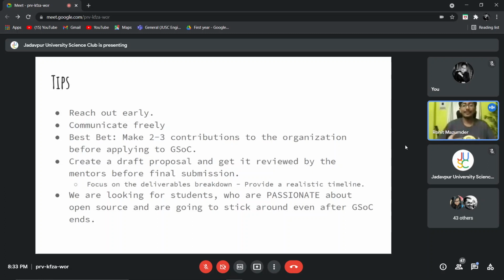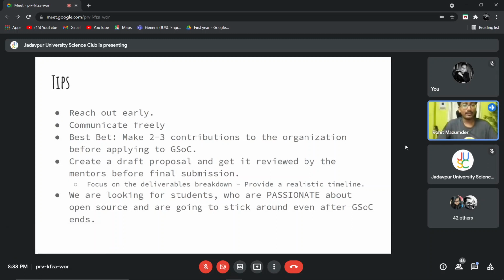If you have difficulties communicating with new people, then I would suggest that before applying to Google Summer of Code, you work on your communication skills. When you reach out early to us, we are going to be checking: is this student communicating with us properly? Is this student there with us in the meetings, talking with us in the meetings, and stuff like that?